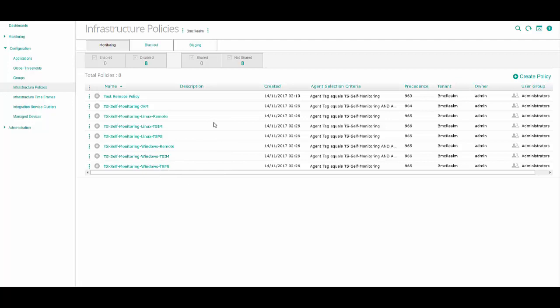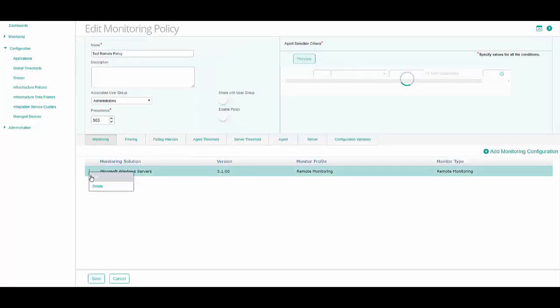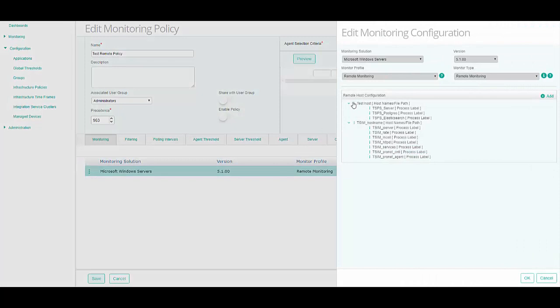For the remote monitoring policies, there are a few parameters that you must configure for the Linux and Windows operating systems. Start by selecting the remote policy that you need to configure and select Edit from the Action menu. Next to the monitoring solution, select Edit from the Action menu. For the TSPS and TSIM hostnames, select Edit and enter the following parameters: